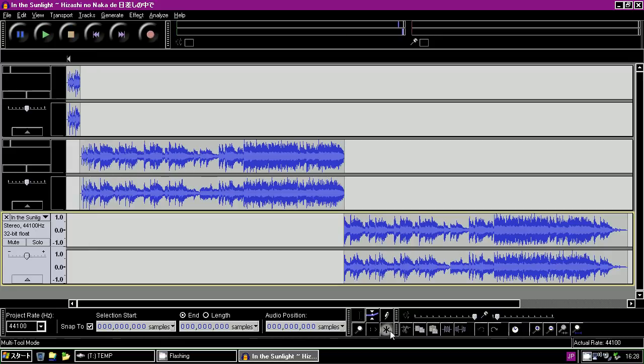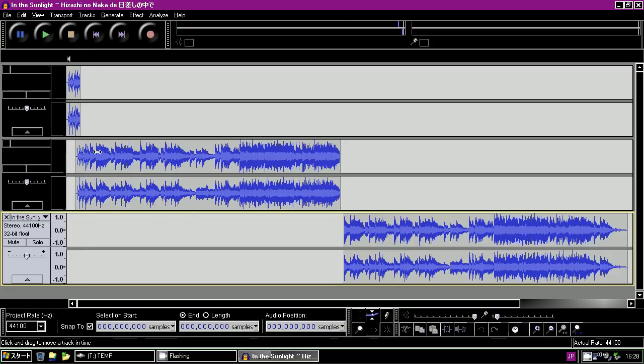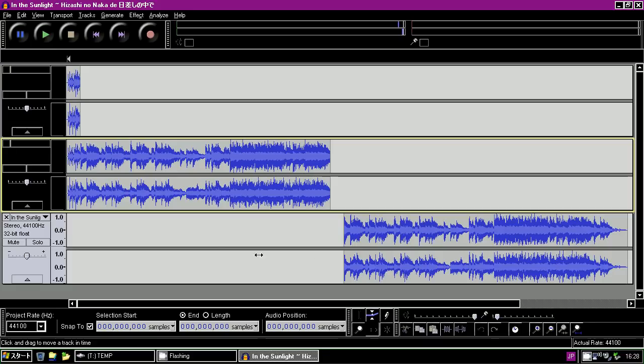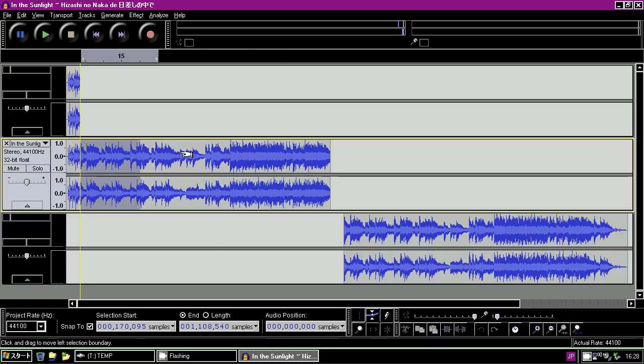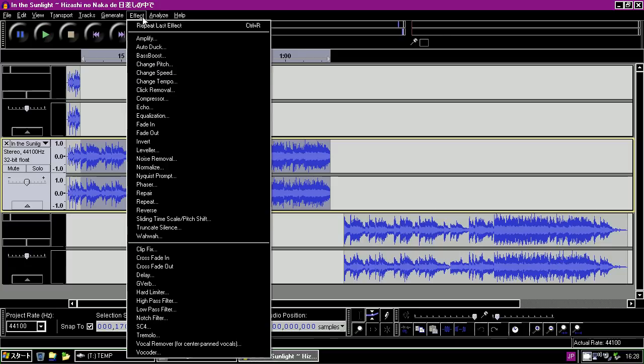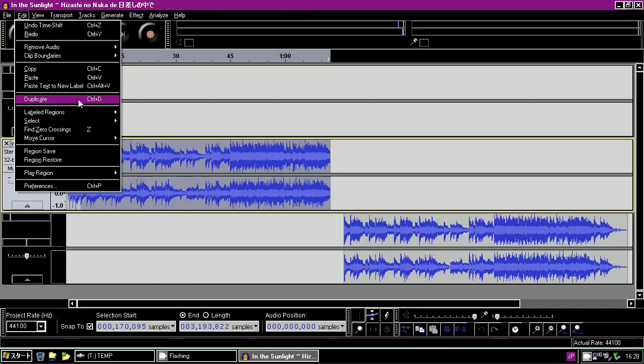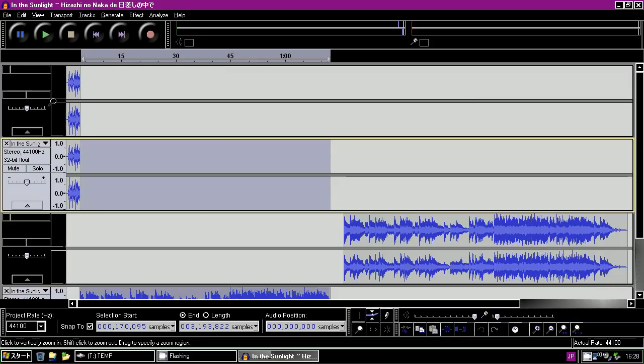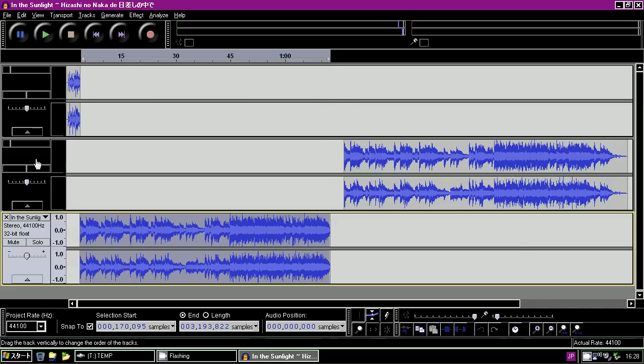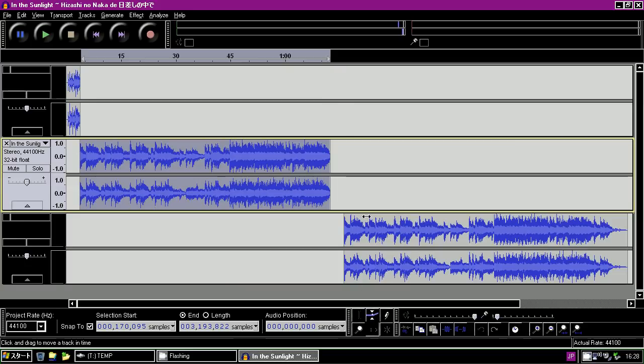See, right there, I actually made a slight mistake. I need to bring that back and split this off. I forgot to take the intro off of the second waveform that I had imported. Boundary split new. Okay, now I can close this one out. Now I got it separated.